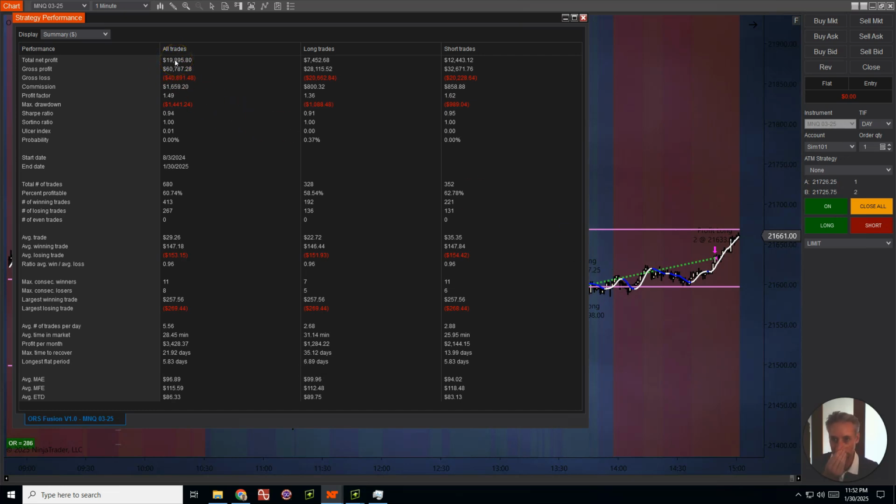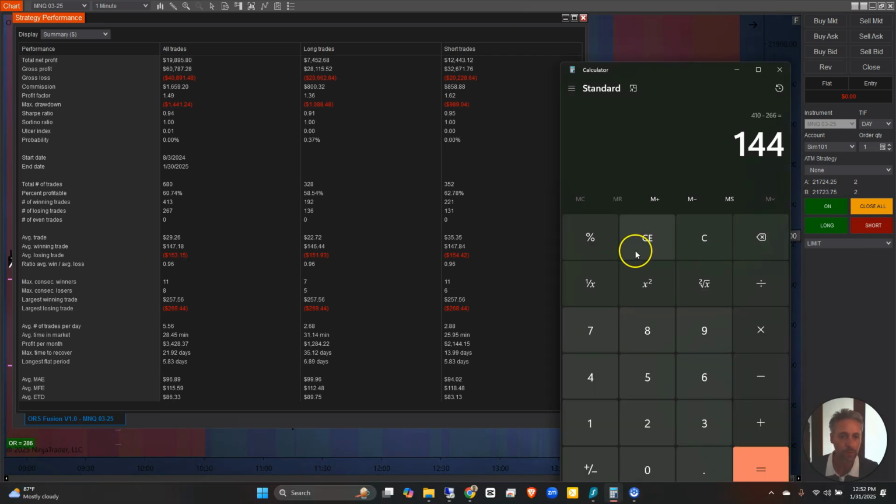Didn't seem to really make much of a difference. Pretty sure that was about the same price. That is about the same profits. Pretty much the same drawdown. 413 minus 267. 144 we had before. 413 minus 267, 146. So we squeeze an extra 2 wins out of it, net wise, for the 180-day calendar period. We did increase our max consecutive losers now to 8, so that's getting a little shady, but our drawdown is